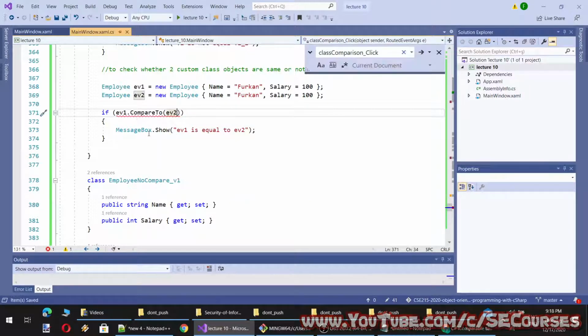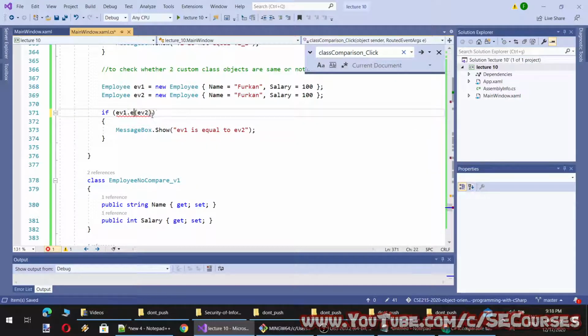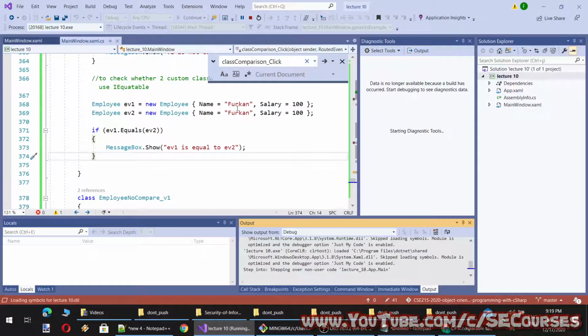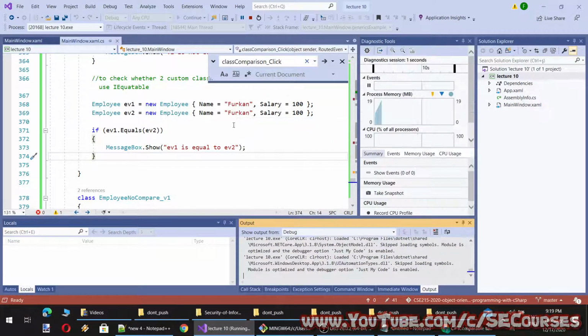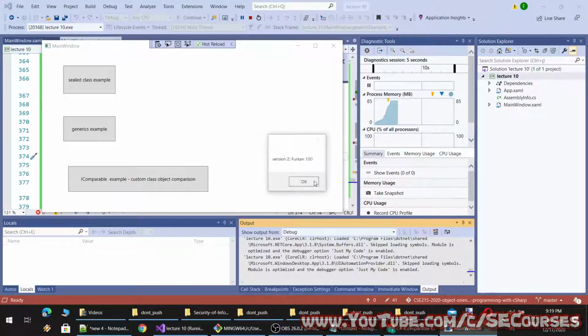By the way, it is equals to, not CompareTo, equals.